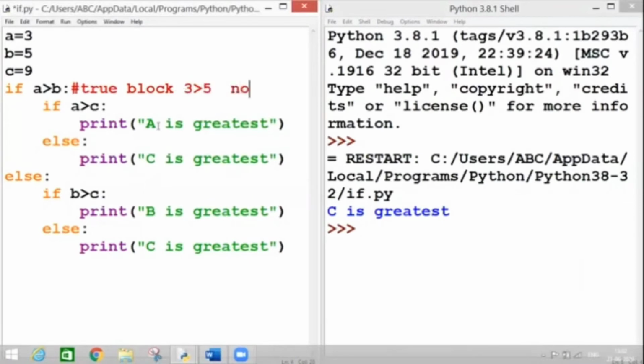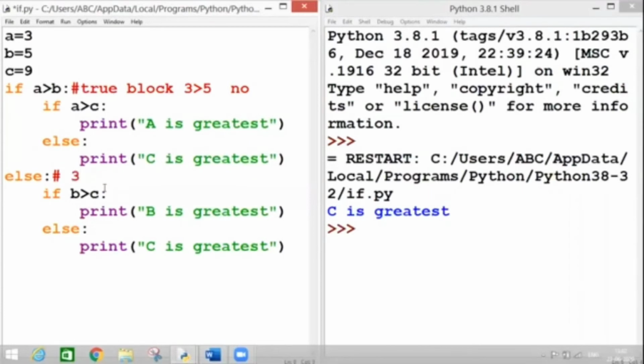Condition is no. So if it is no, I will directly jump over here and I will check what? This is my yes block. That means condition is false. 3 is not greater than 5.